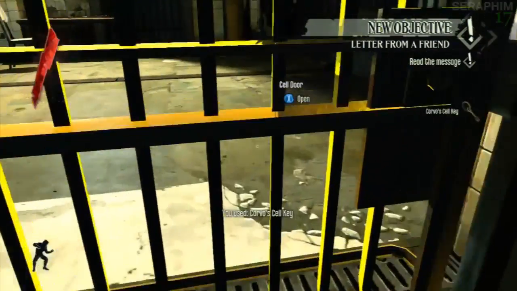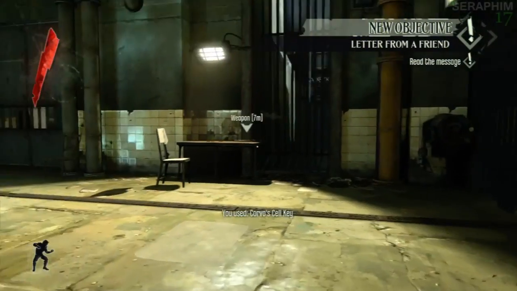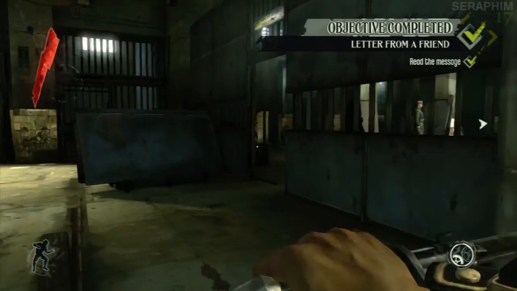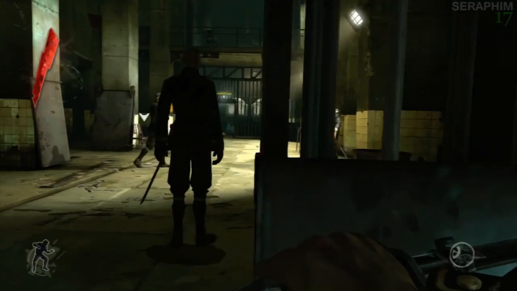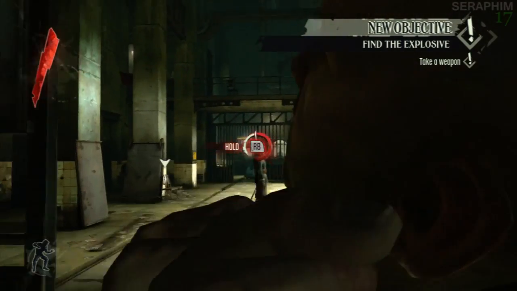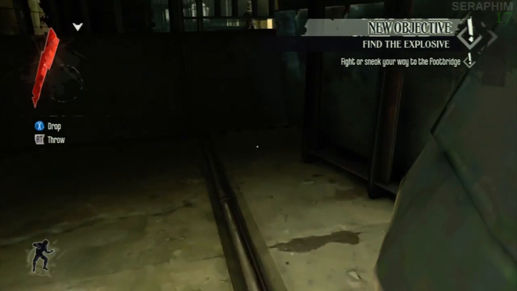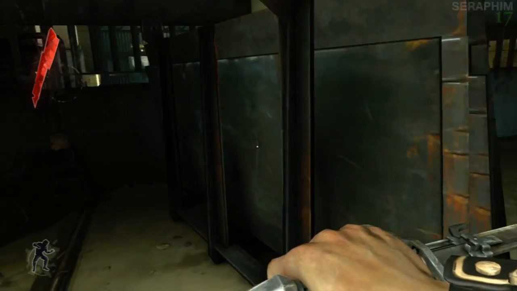Again, introducing you to my Dishonored, very hard difficulty video walkthrough. This is mission 1, escaping Coldridge prison, and this is the beginning of a pretty interesting and unique walkthrough on my channel, because what I'm attempting to